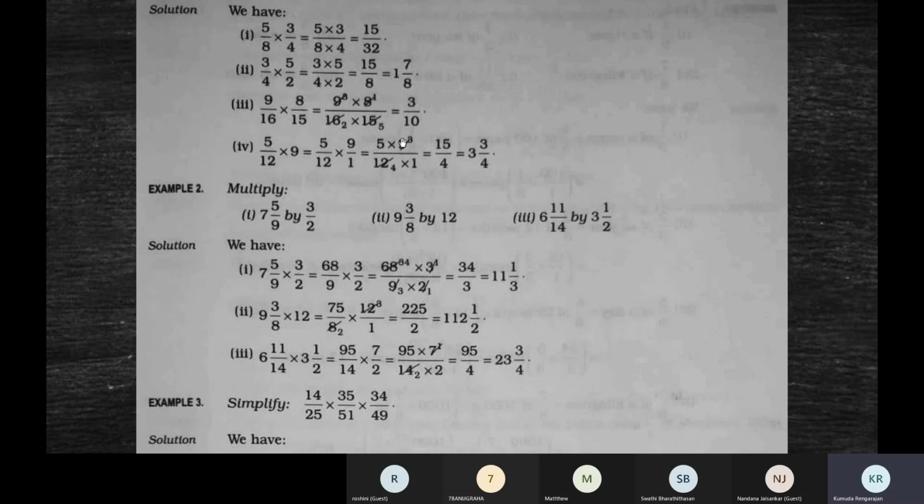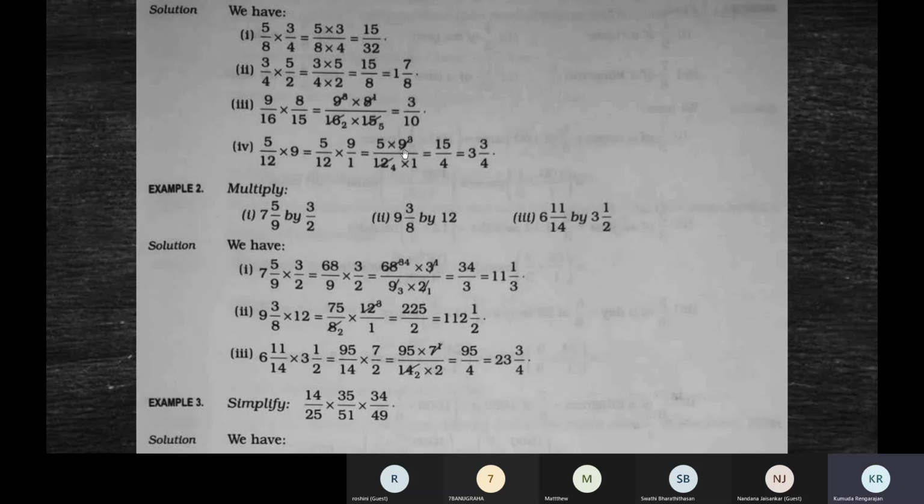What you do is this number 9 divided by 3 is 3. Write the answer 3 here. Now this number 12 divided by 3. You should divide by the same table, the same number. This number 12, what you see here, divided by 3. What is 12 by 3? 4. 12 divided by 3 is 4.